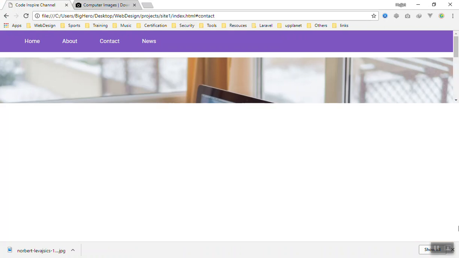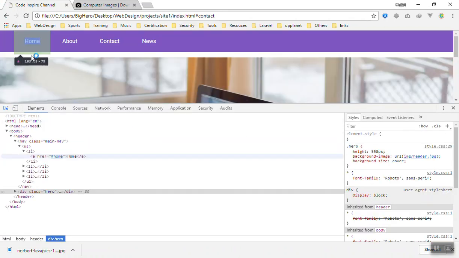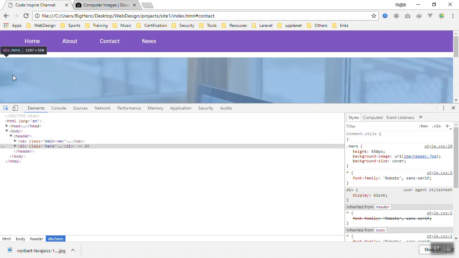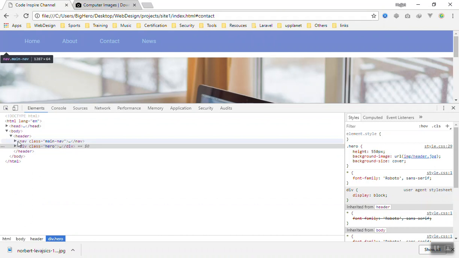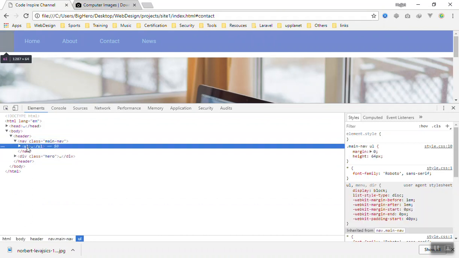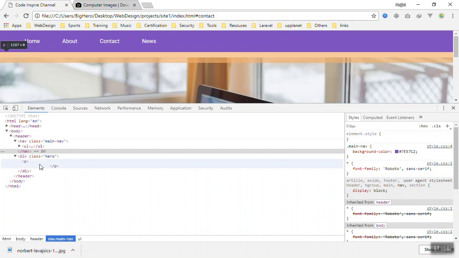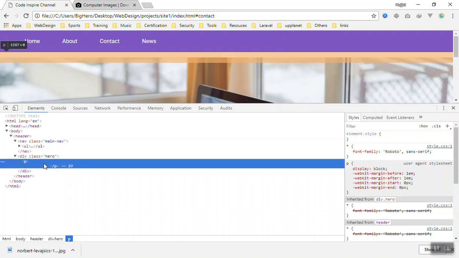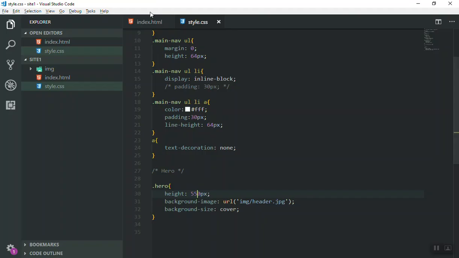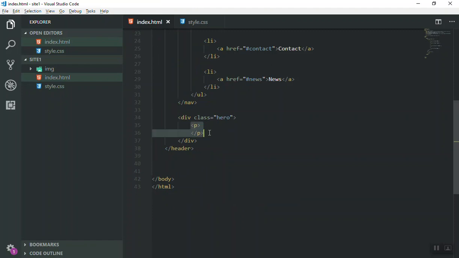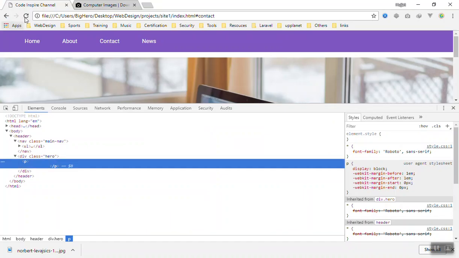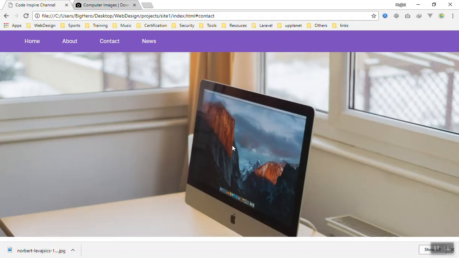Let's inspect the space and see which portion of our code is giving the space here. It is not this one, nor the header, as you can see. So the paragraph, yeah, because we have a paragraph, it is going to be like that. So I will come here and remove the paragraph and refresh the page. Now it shows a nice image here. So for now the image is fine, but we should have a slight